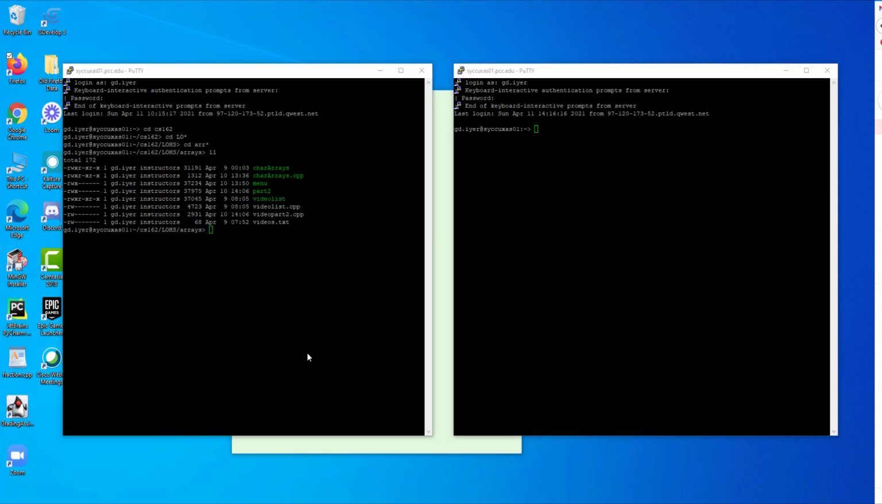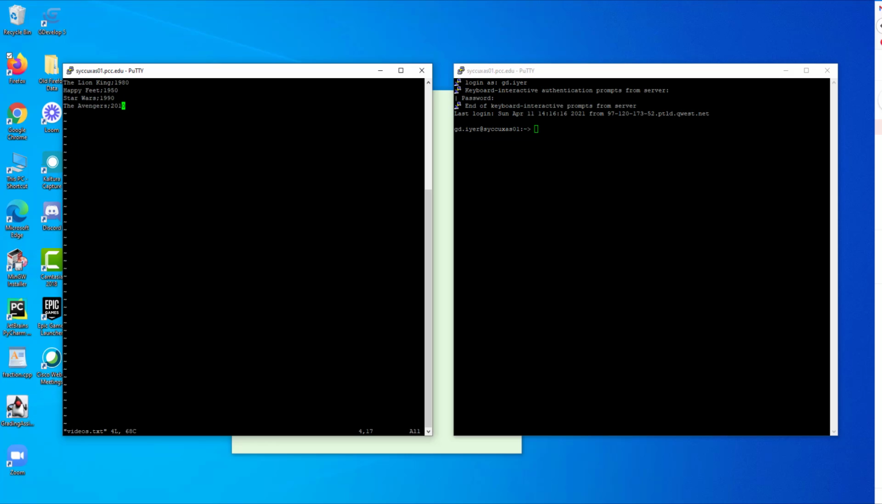Okay, so we are going to work on part 3 of project 1. We are going to add our search functionality. So if you remember, here's what we did last time. We have a text file which has a few lines of data, names of movies followed by the year, and then here's the code,